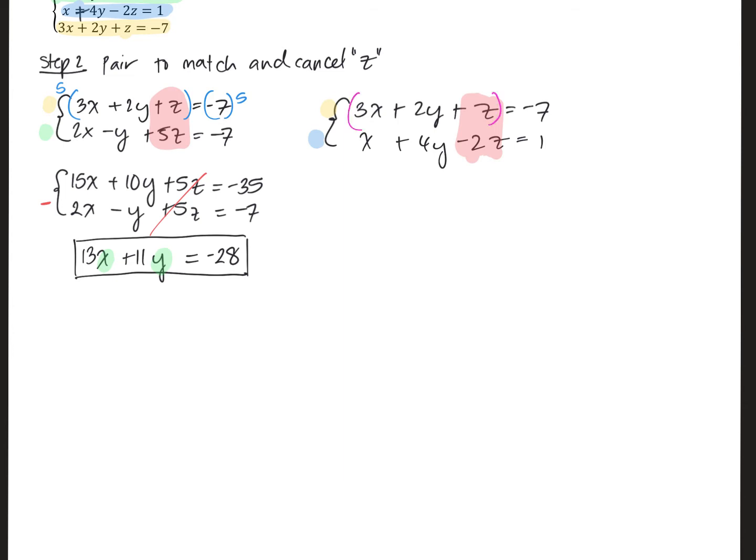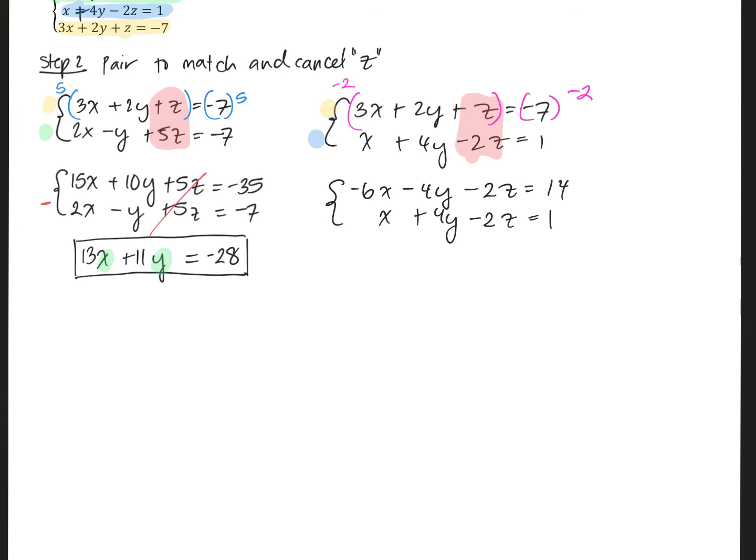So to do that, I need to multiply the top one by a -2. And then I get -6x minus 4y minus 2z equals 14. x plus 4y minus 2z equals 1. Once again, we do nothing to the bottom. It already is a -2z. And then,